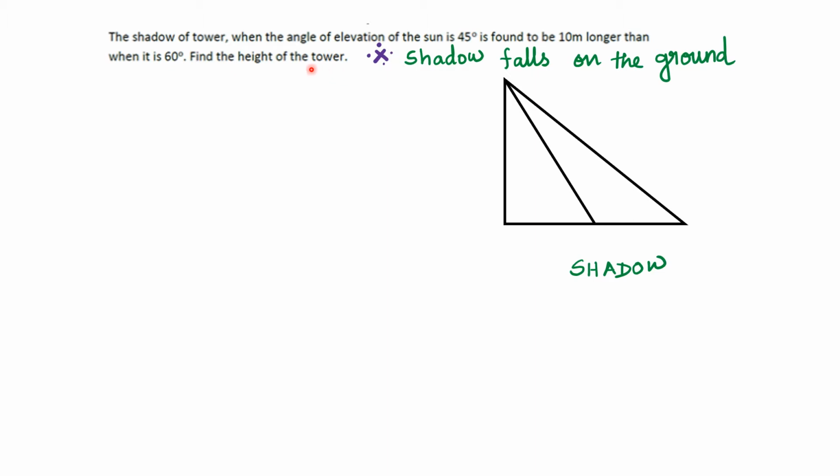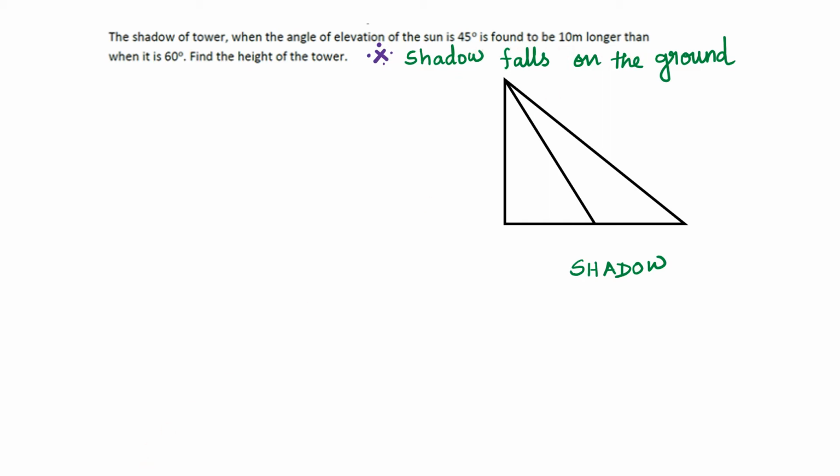See here, you should understand that angle of elevation of the sun means it should go from the ground only. We will see the sun by elevating our head. So angle of elevation we should calculate from the ground only. Okay. Now what they are telling is angle of elevation of the sun is 45 degree is found to be